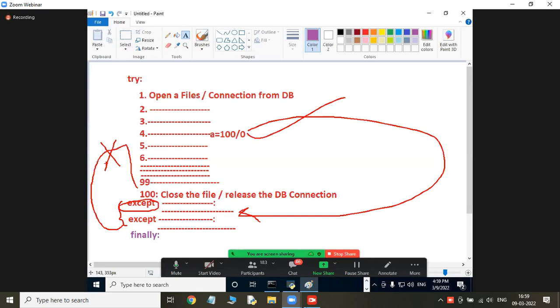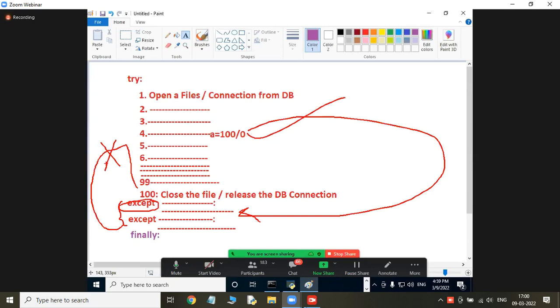So how do you solve this issue? Once you open a file, it is mandatory to close your file in real time. Why? Because if you open the file and do not close it, and some other program tries to operate on your file, wrong manipulations will take place. Immediately the file data becomes inconsistent. Inconsistency is nothing but wrong data coming inside of it. Once you open the file, it is your responsibility to close it.